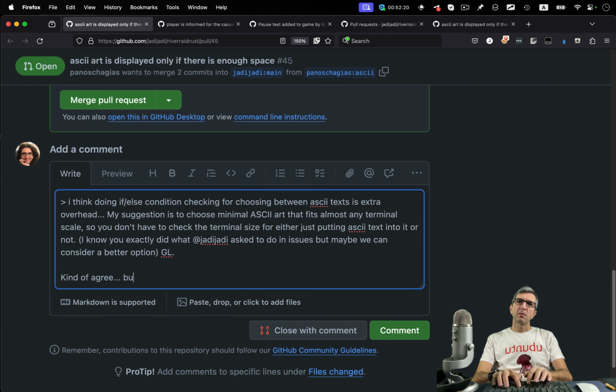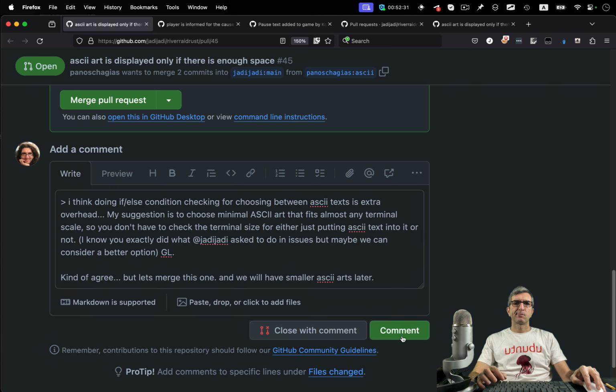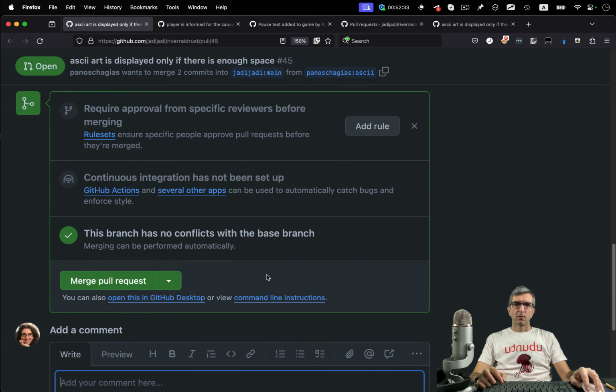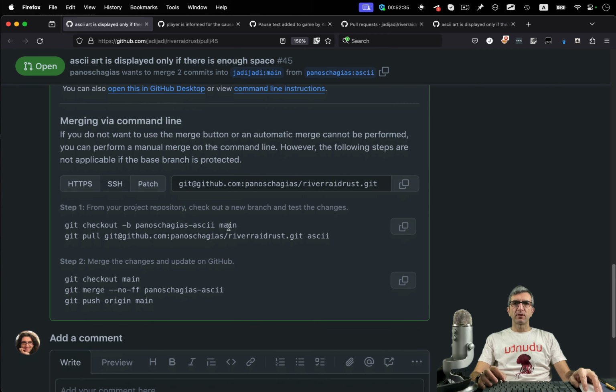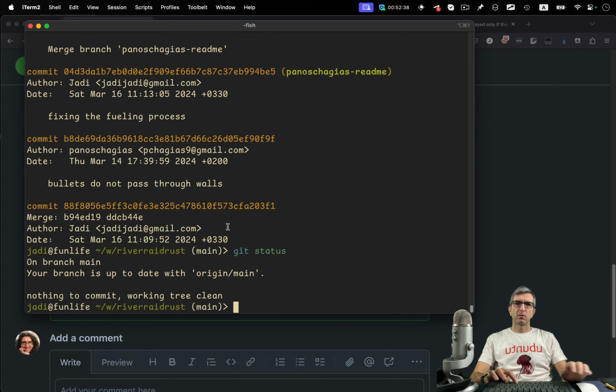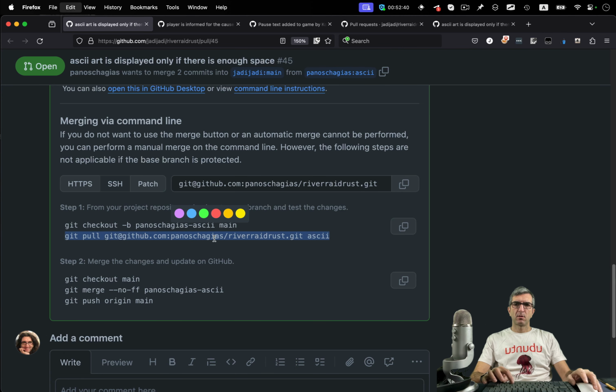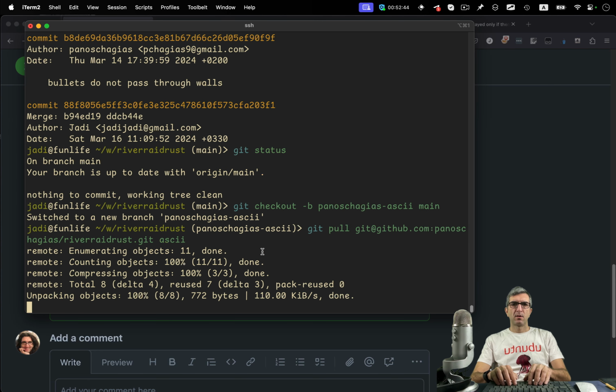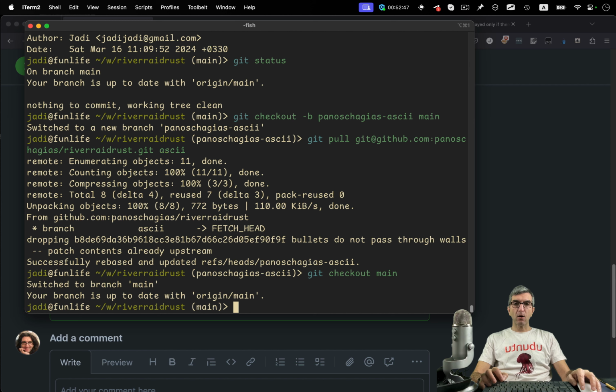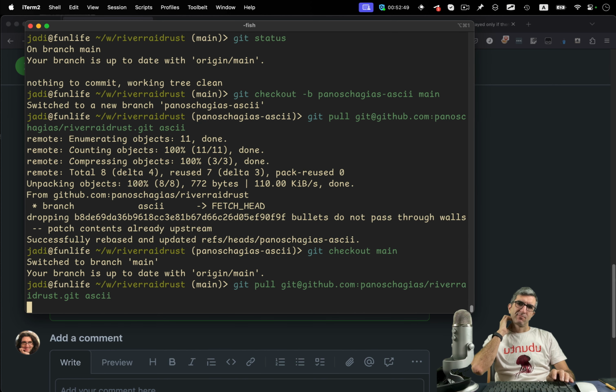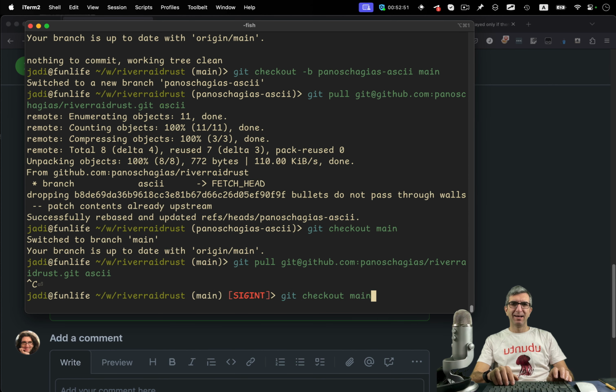Kind of agree, but let's merge this one and we will have smaller ASCII arts later. So, command line instructions, let's check the code.